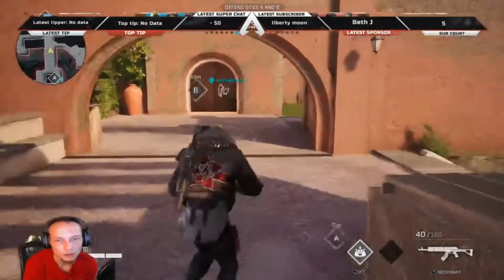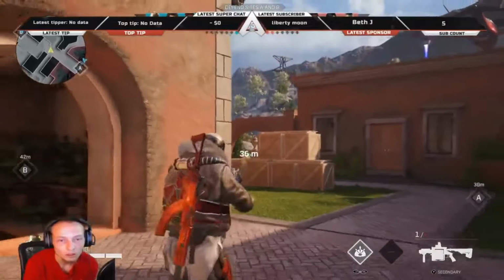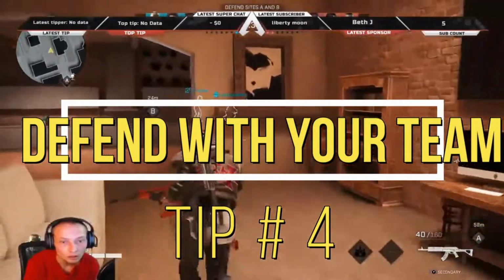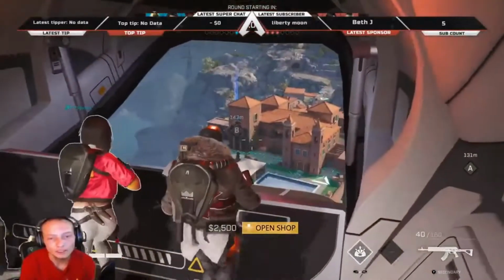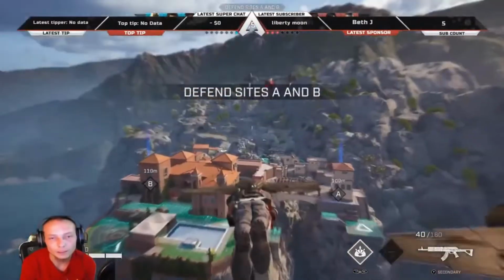Moving on though, the 4th tip on this list has to do with the defense portion of the demolition mode, and it is that you have to defend with your team, preferably defending the location that the attacking team is attacking. I have had the most success in games when the entire team defends the spot that the attacking team